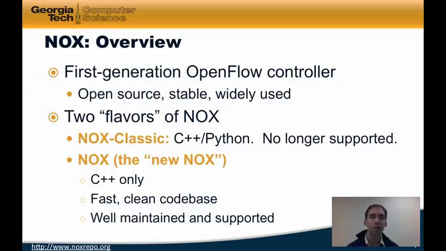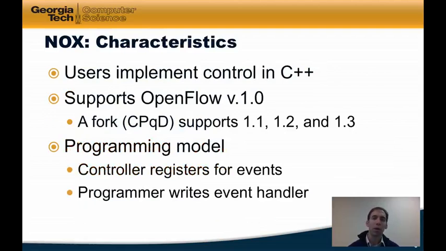The new Knox is C++ only, it's fast, it has a clean code base, and it is well maintained and supported. Users implement control applications in C++ when they are developing for Knox. The Knox distribution supports OpenFlow version 1.0, and there is a fork called CPQD that supports OpenFlow versions 1.1, 1.2,